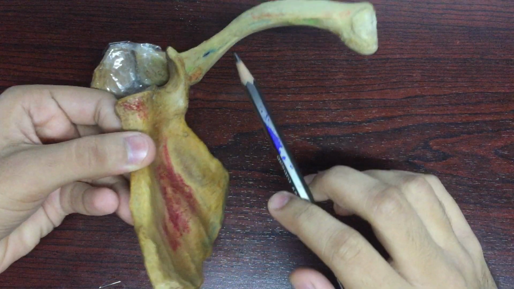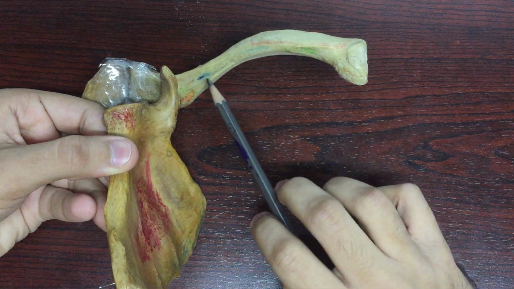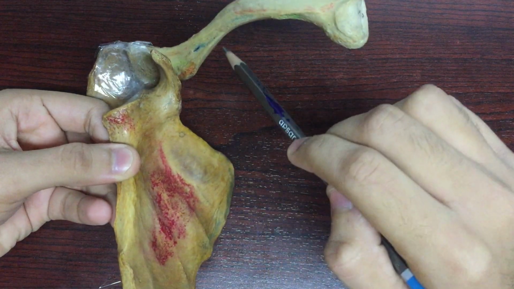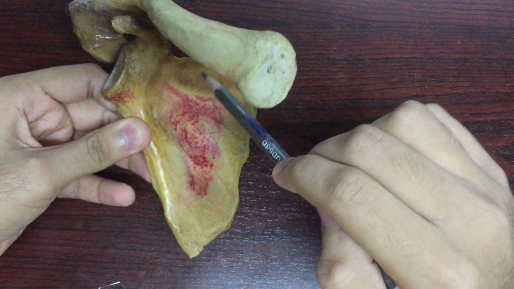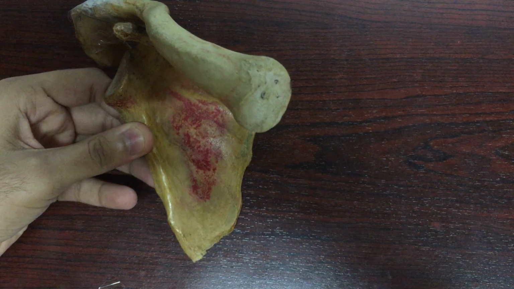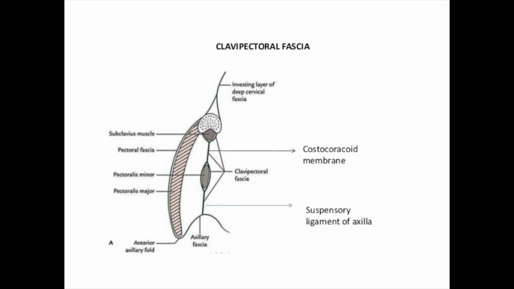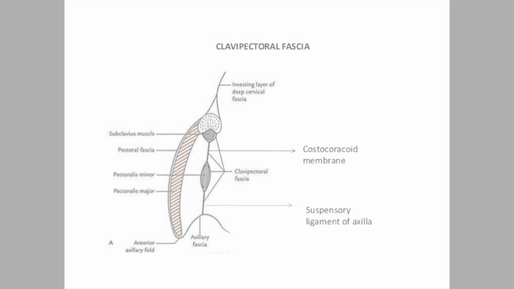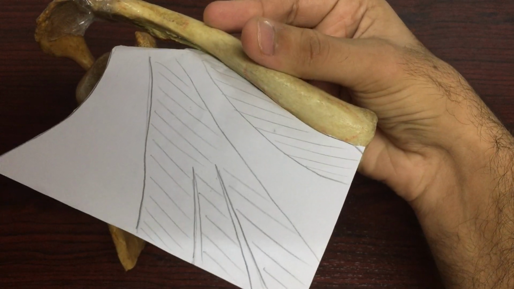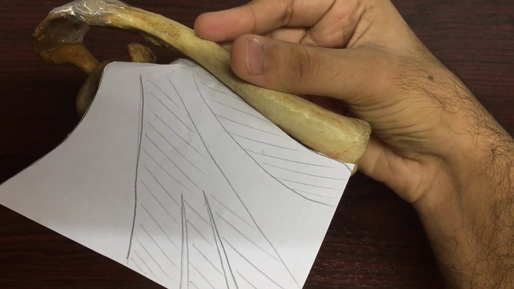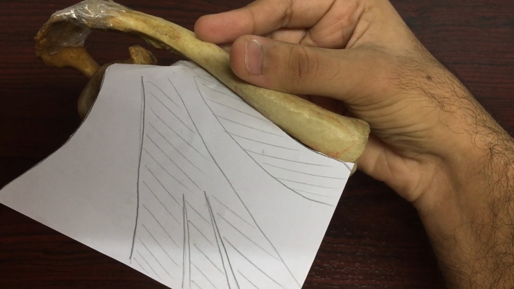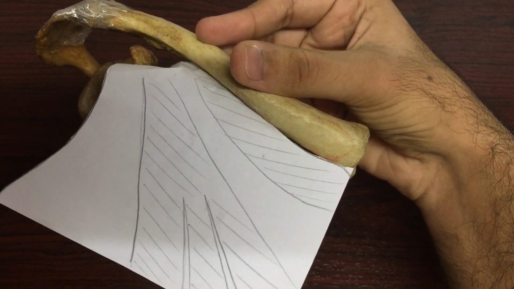The subclavius muscle is attached to the subclavian margins at the inferior surface of the clavicle. The fascia encapsulates it as such. It runs downwards in a single uniform layer and marginates and encapsulates the pectoralis minor's digitations. The clavipectoral fascia is attached superiorly to the inferior surface of the clavicle bone. It encapsulates the subclavius muscle and runs down as a single layer. Further, it splits and encapsulates the digitations of the pectoralis minor muscle.